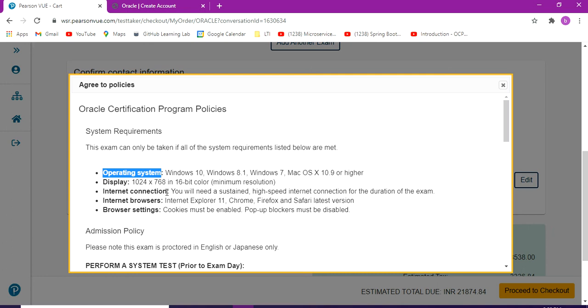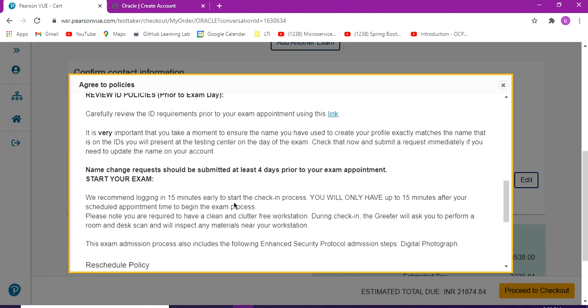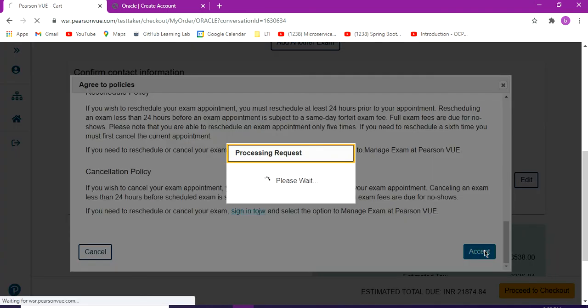My suggestion is, if they ask which kind of internet you are using, just answer that you are using a broadband connection. Don't say you are using mobile or a small Jio connection, because they will disconnect your exam within 10 seconds. Okay, then I have to accept this one.